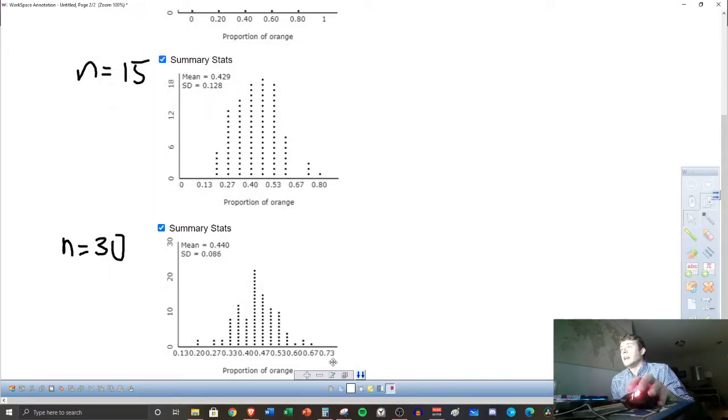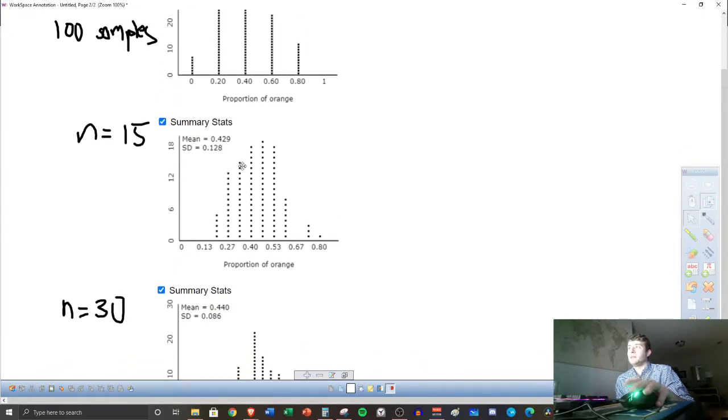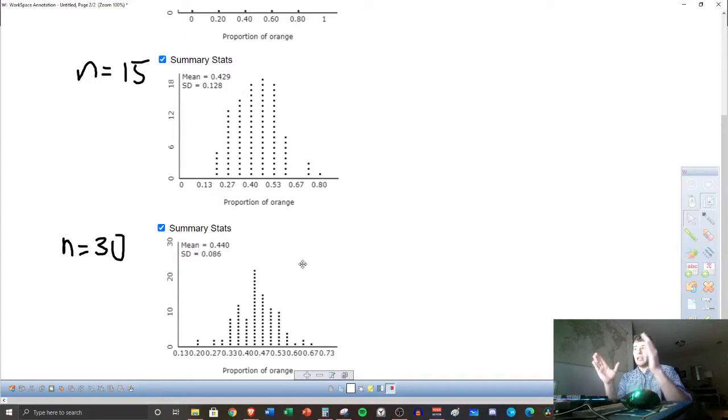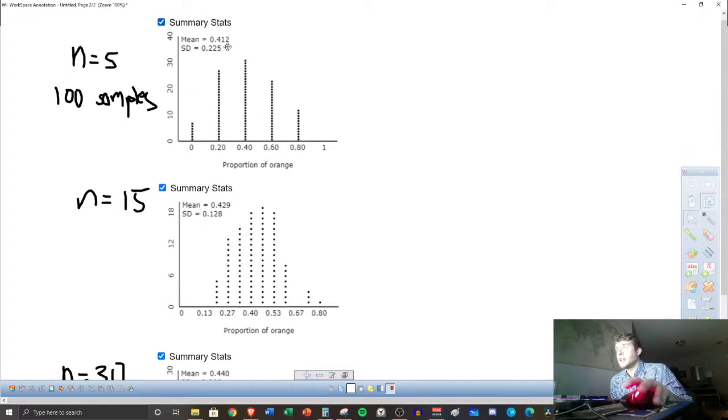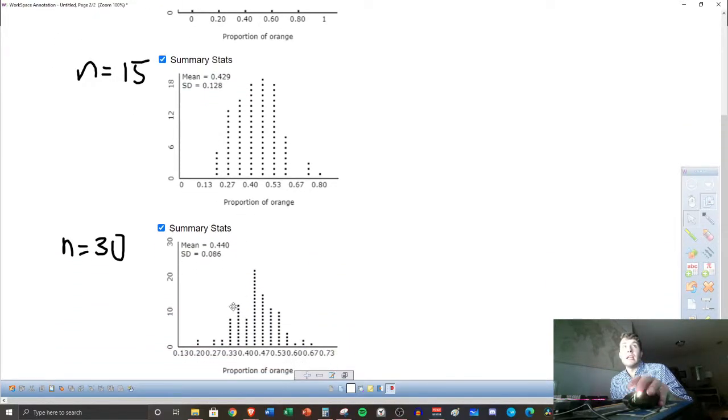All right, and obviously our scale is changing as we are going. But if you think about the numbers, it's getting squished in every single time if we had the same scale. Okay. But you'll also notice, just look at the standard deviation. It goes from 0.225 to 0.128 to 0.086. So now I want to actually try this with